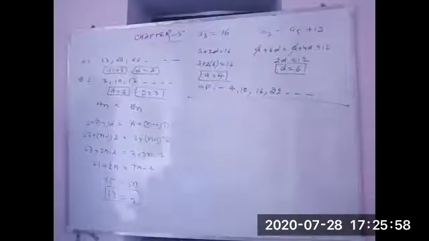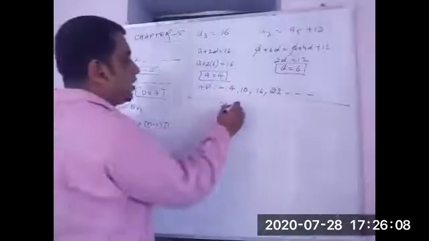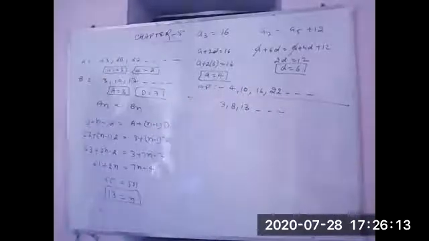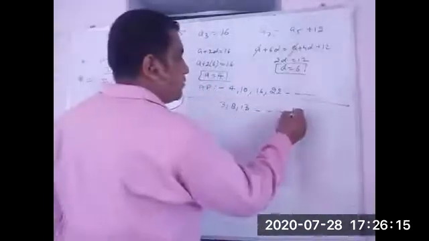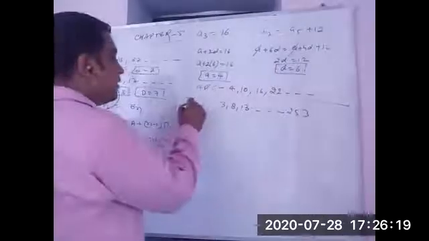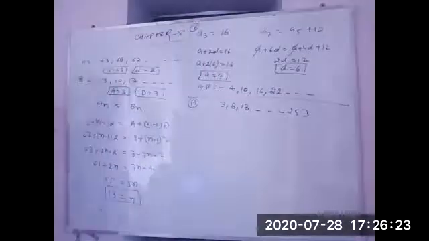Okay. Look here, question number 17. There is a little trick there which you have to understand here. An AP is given: 3, 8, 13 and so on, and the last term is given as 253. In this question number 17, there is a little trick here which they have asked you. And what is the trick there?